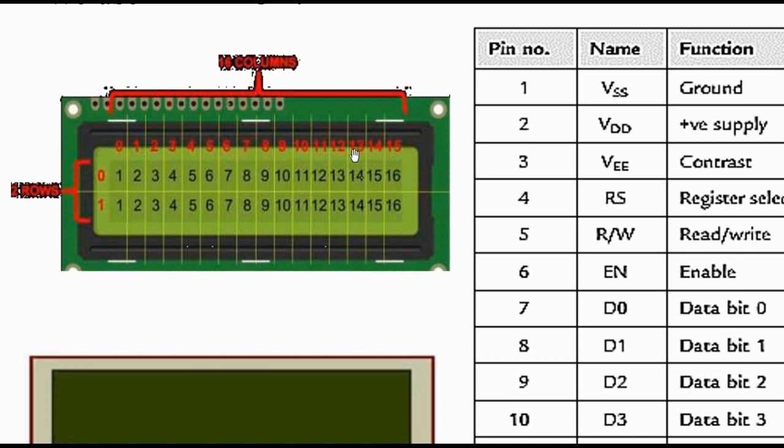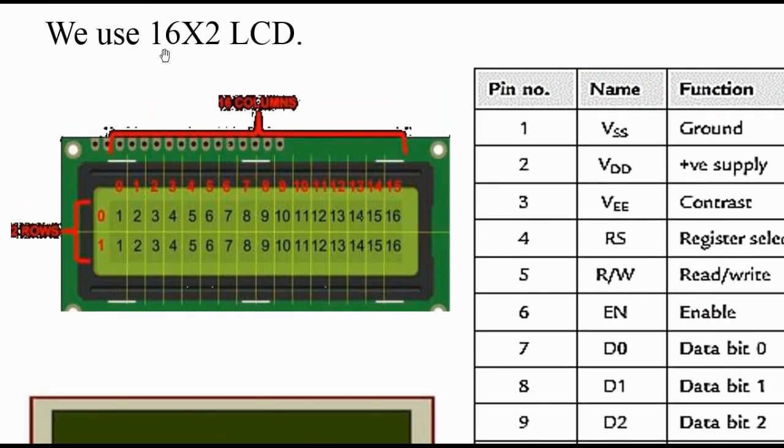Means there are total 16 columns. That's why you can display total 16 by 2, means total 32 characters on the display. Those 32 characters can be alphabetical, or numerical, or any special character. As there are 16 columns and 2 rows, it is called a 16 by 2 display or 16 by 2